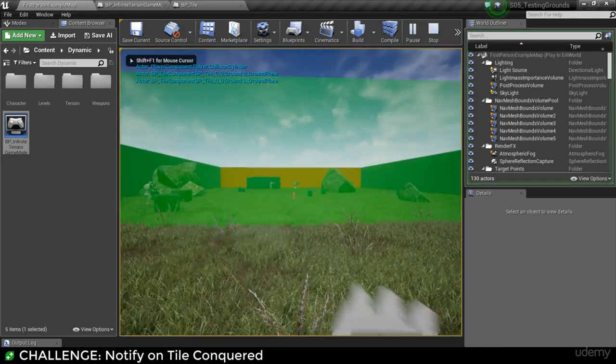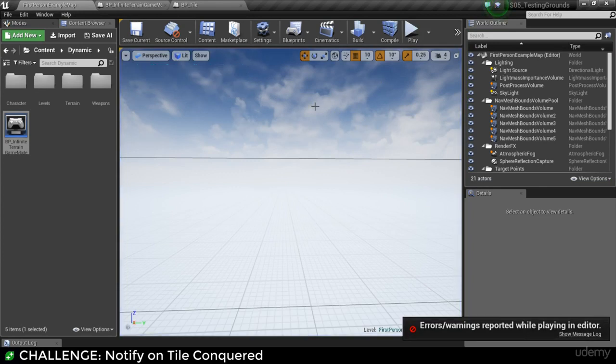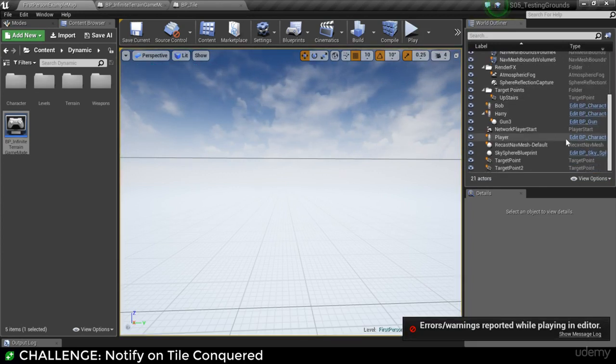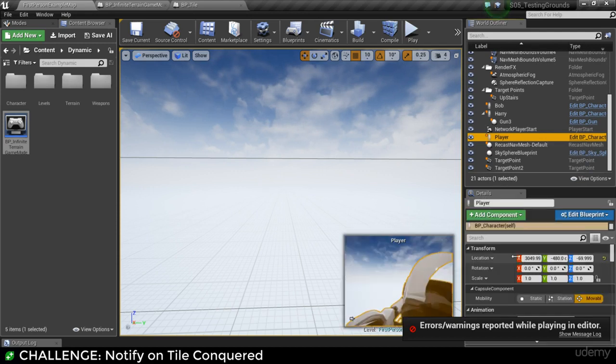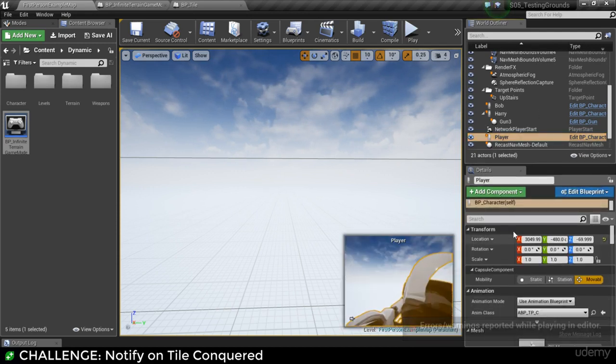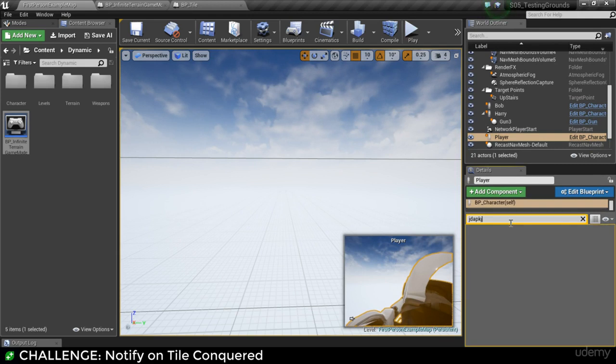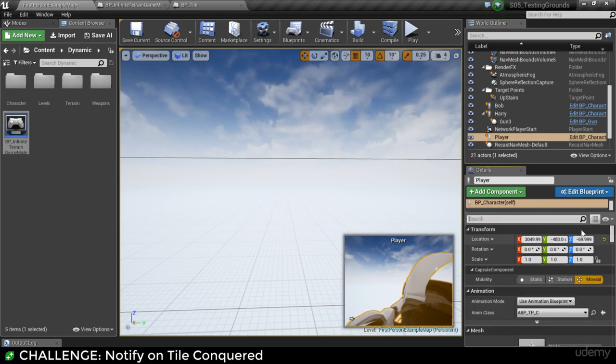Okay, that was a close call with the AI. Oh, that's a bit annoying. Let's go and set a more sensible health value for ourselves. I'm going to go to the player and scroll down to his health, or search for health. I'm going to set his health to 200, and I'm going to make our pawns, or our mannequins, a little